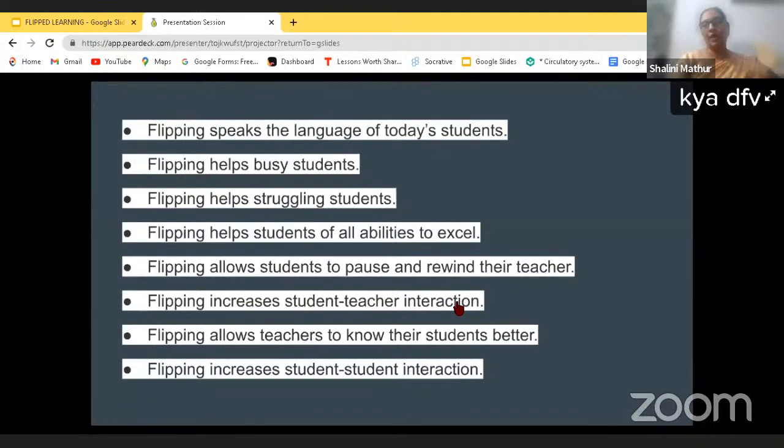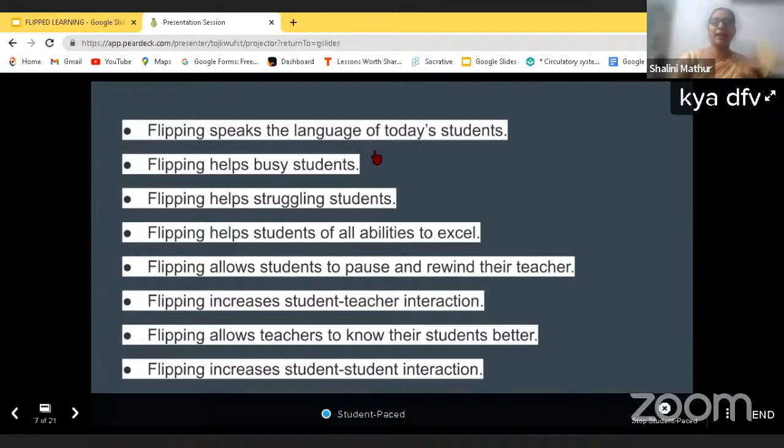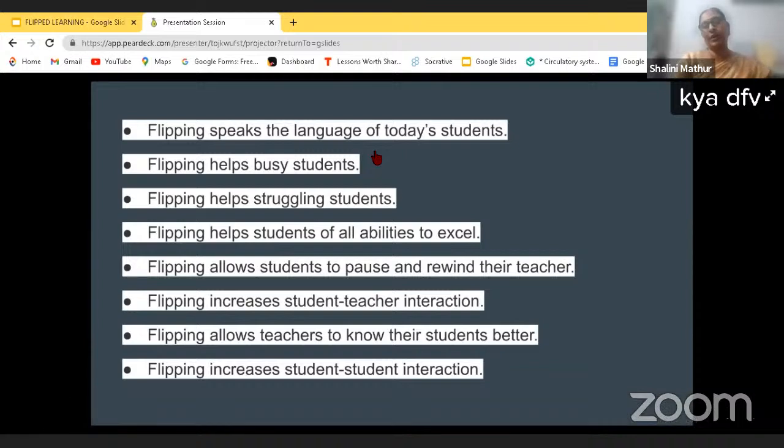Now you can start your class with student interaction, and you can also give time to your students and clear their doubts, you can go for group discussion, you can go for debates. That is up to you. You will get enough time, and we are not in a hurry to complete our topic. We are not in a hurry to, मुझे अपना ये in 40 minutes में, in 45 minutes में I have to complete my content. Flipping increases student interaction, because if we see examples of flipping, there are so many,